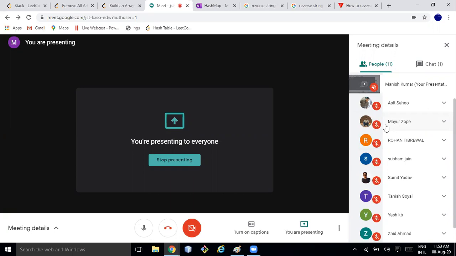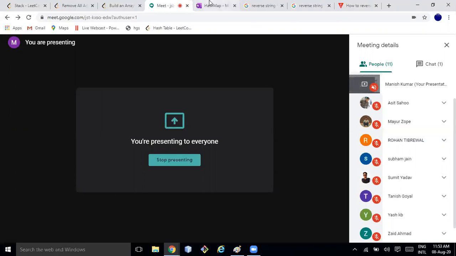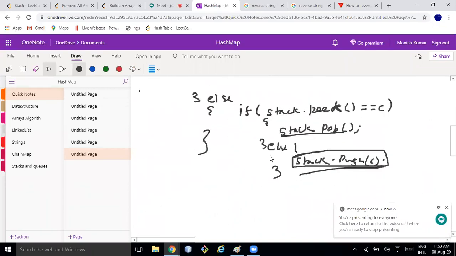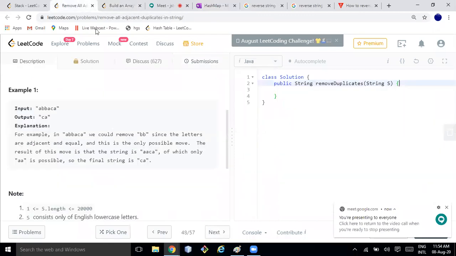check the corner case. Okay, so I found two corner cases here because I have to implement a stack: whether the stack is empty or whether the stack is not empty. So how am I going to process when the stack is empty, and how am I going to process when the stack is not empty? Then, if the stack is not empty, again two cases. Either stack.peek will be the same as C or stack.peek is not equal to it, and then what two operations am I doing. Okay, let me write the same thing here.